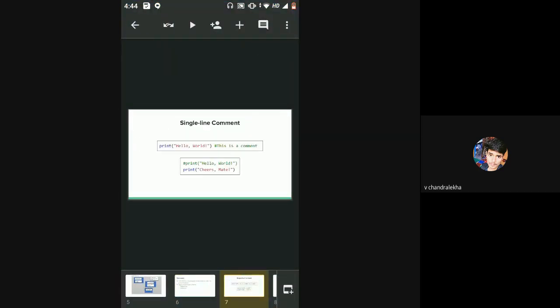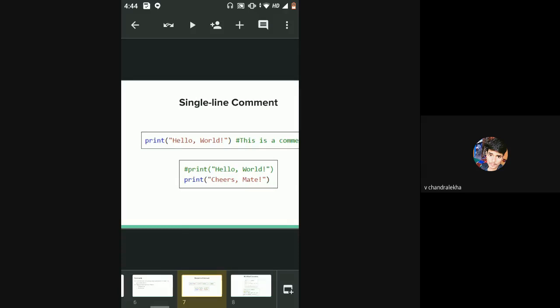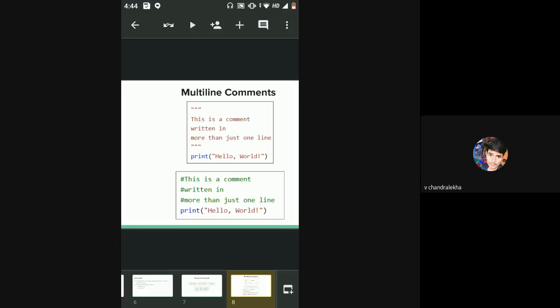Fine. So here you can see a similar example. Here single line comment, you can use it in two ways. You can use it after the hash character, whatever you write will get escaped, that won't be compiled by the compiler. Or if you want to comment out the whole line, even that is possible. And this is multi-line comments.